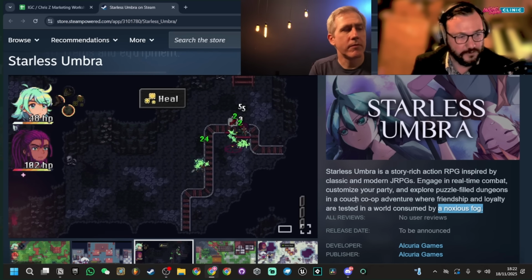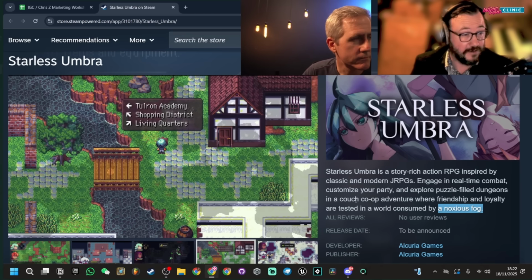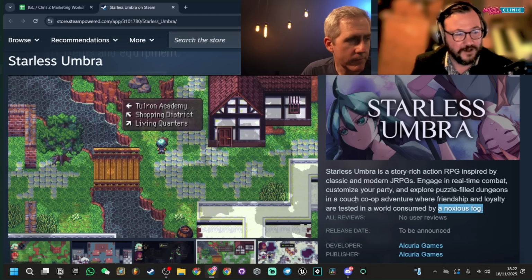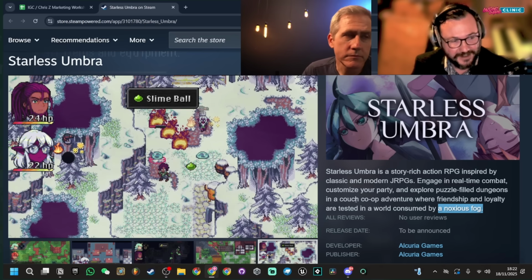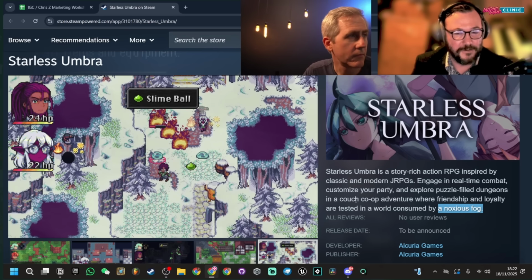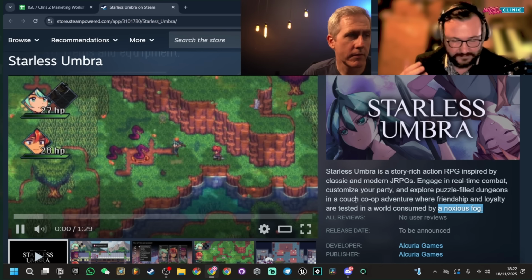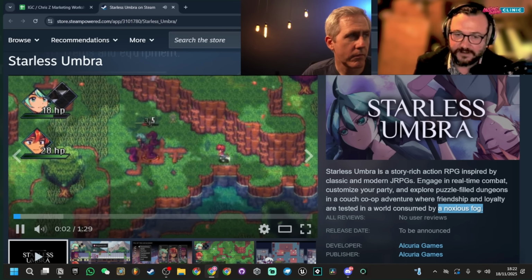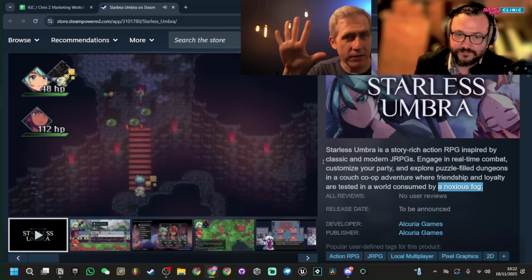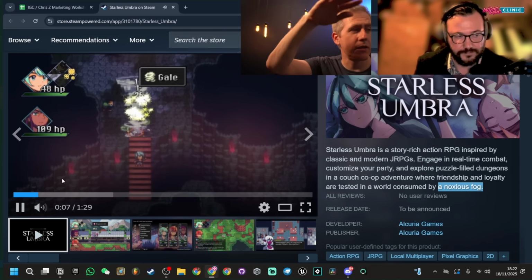I think people who are into pixel art tend to be more picky about the pixel art, and they'll be like, I like stuff that looks like a SNES game from 1995. And there'll be people that just don't like anything that is pixel art, but I just don't think it's ever really the deciding factor.